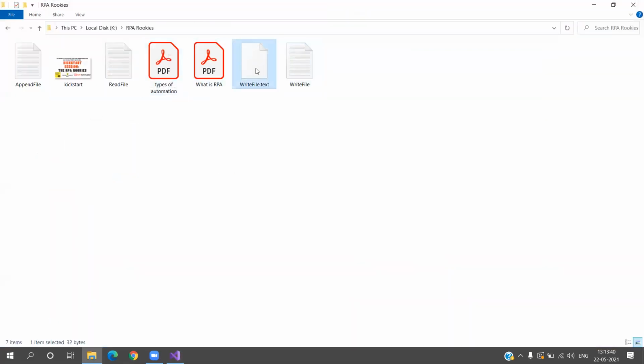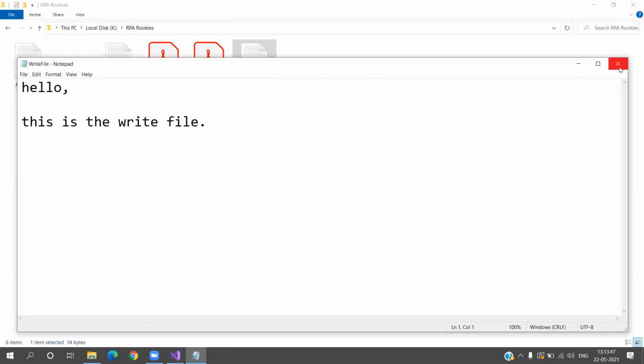Now if you see, let me delete this. Write file is okay. Hello, this is write file. So we know when the data replaces.